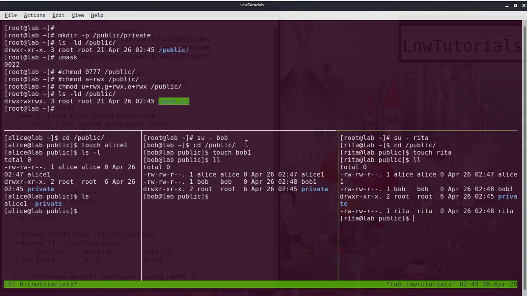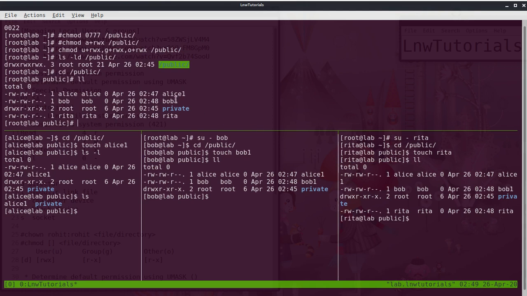Now they have the private directory as well. cd to the path and do ll, a long listing. The private directory has rwx for the user, and r-x for the group and for others. Here the user is root and the group is also root, which means the user has permission to write, but the group doesn't.